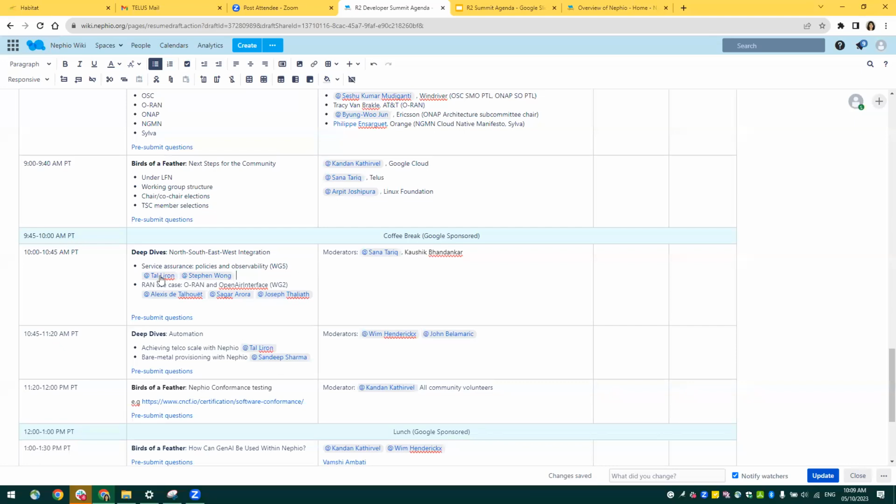So service assurance is a broader team. We could switch this order around. Observability and policies would make more sense to me. Yeah, the title here is kind of old. I generally agree. The order doesn't really matter too much. I mean, both of the top topics will be here.